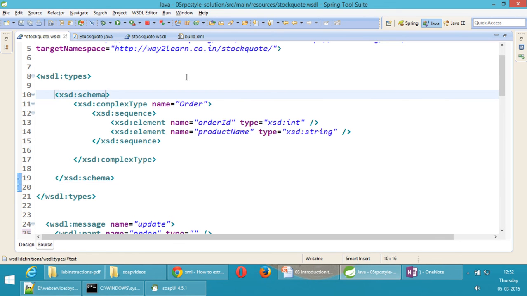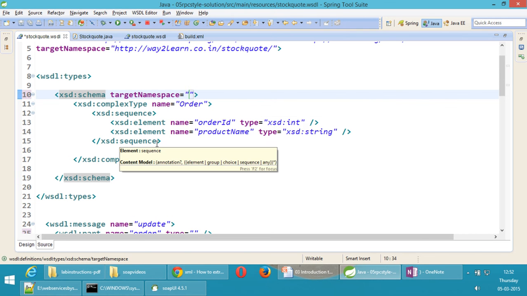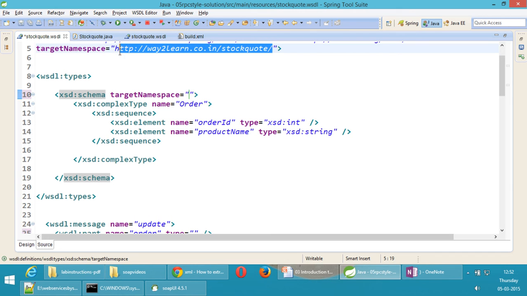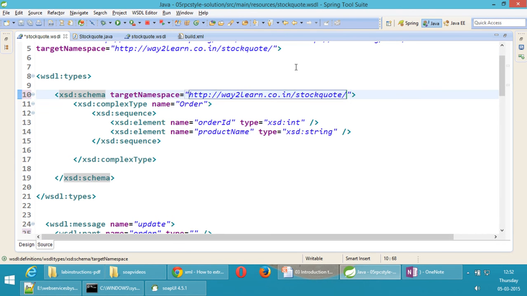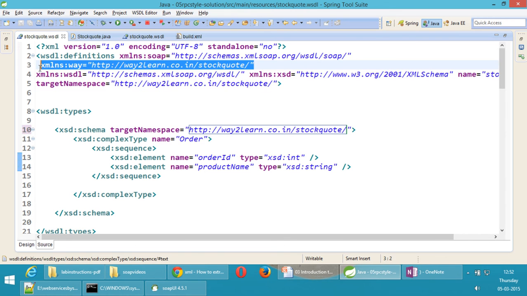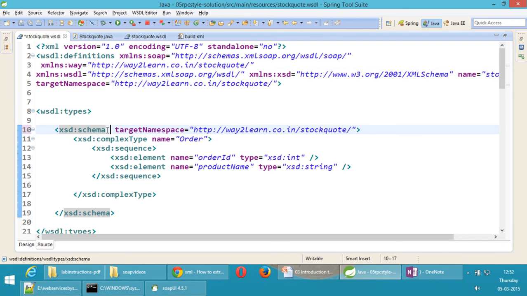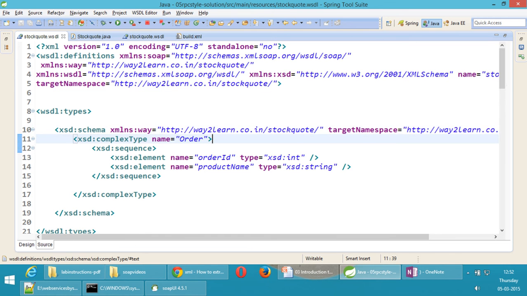So for this schema, do I need to specify the target namespace? And say the target namespace is the same, and I will use a prefix.